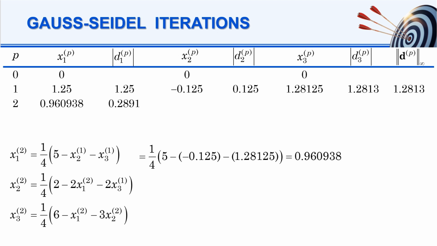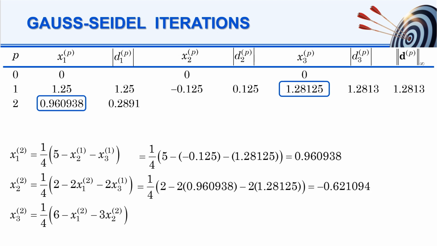The second equation requires the current estimate of x1 and prior estimate of x3. Upon substitution of these values, the current estimate for x2 is found as minus 0.621094, and the absolute displacement is obtained as